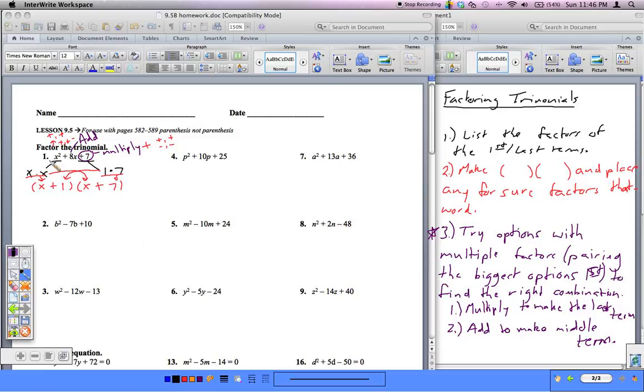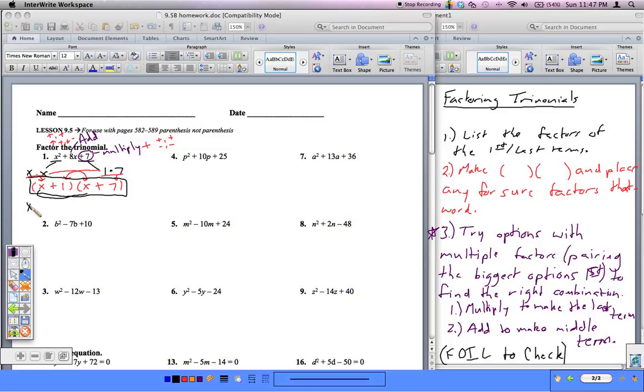So your answer for the first one is x plus 1 times x plus 7. And that is the factored binomial pair for this trinomial. Okay? So to check this, we're going to use FOIL, which is first, outside, inside, last. So that would be x times x,